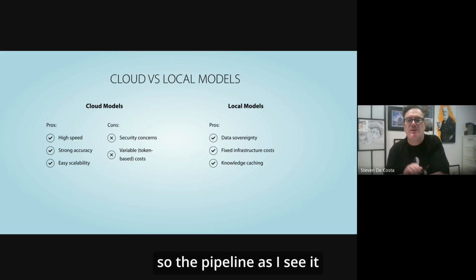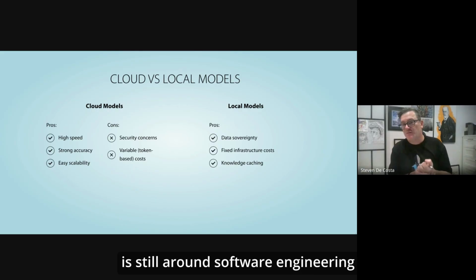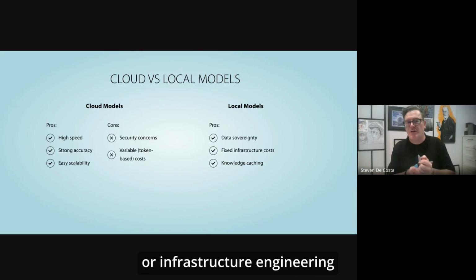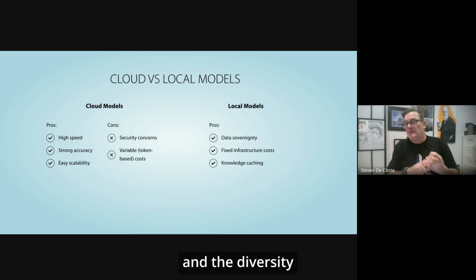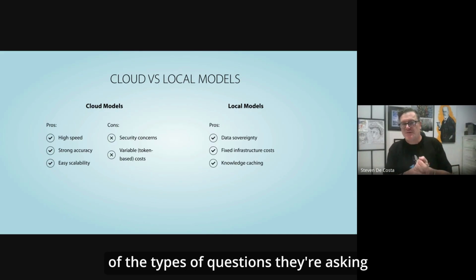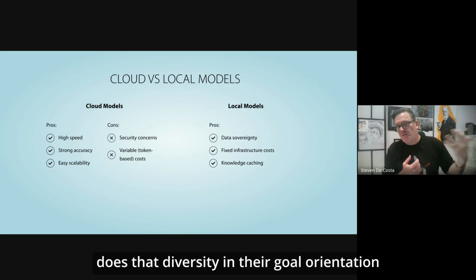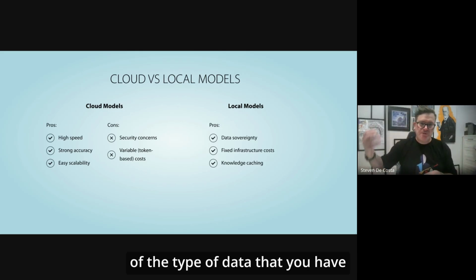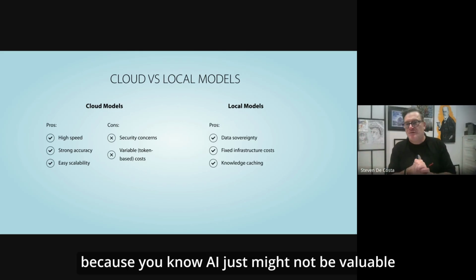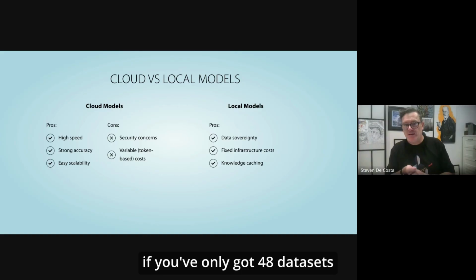So the pipeline, as I see it, is still around software or infrastructure engineering, to understand the dynamics of the users and the diversity of the types of questions they're asking. Does that diversity and their goal orientation, what they're looking for, match the diversity of the data that you have? Because AI just might not be valuable if you've only got 48 datasets.